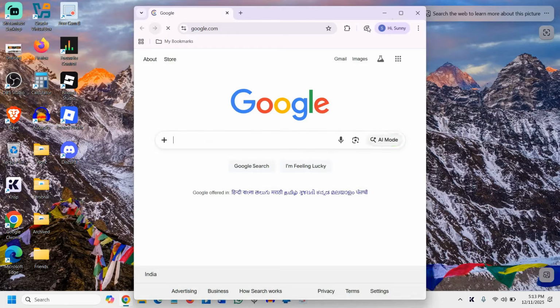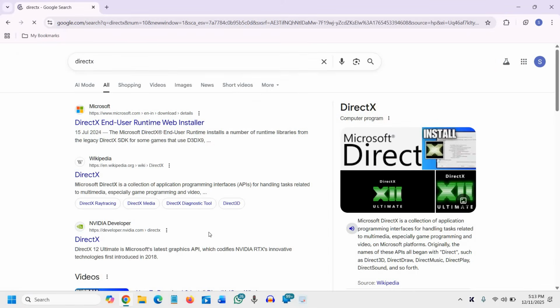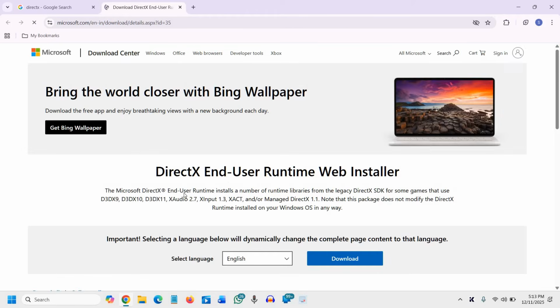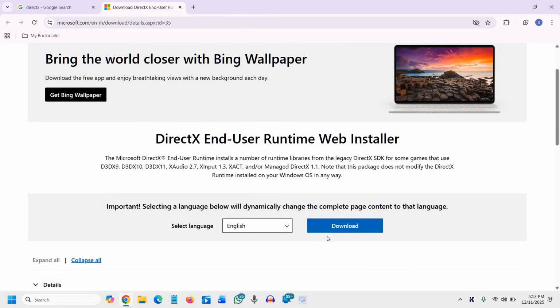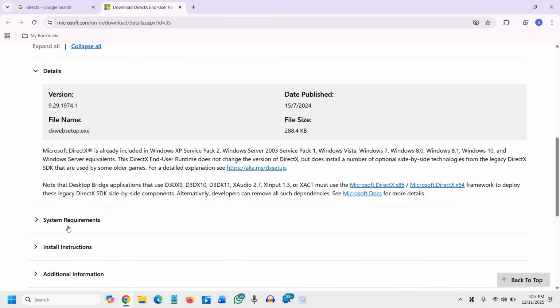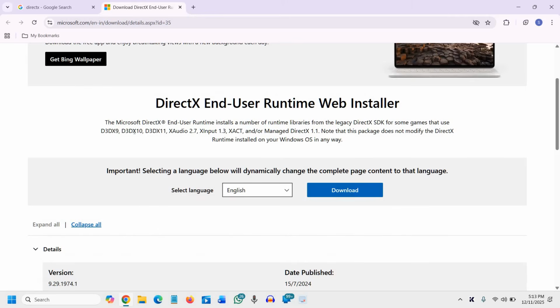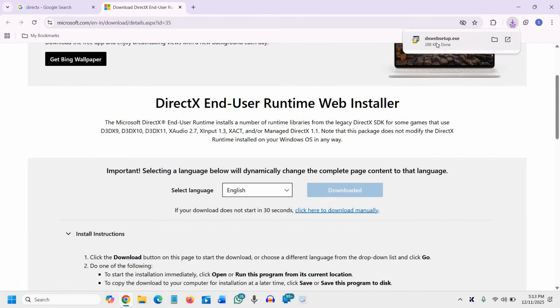to open the browser and type DirectX and hit enter. You will find DirectX End User Runtime Web Installer. So to install DirectX 12, you need to select the language first and then just click on download, and it will check the system environment and it will install it for you. So here it says End user installs a number of runtime libraries. We will just click on download, and then you need to run this